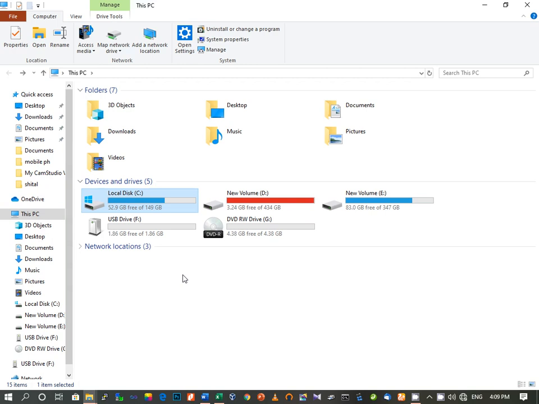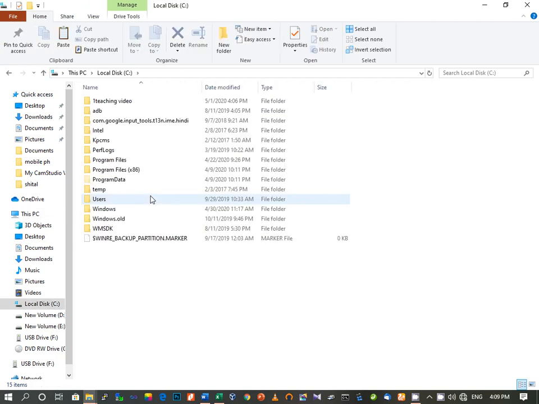Now the first topic which we have to study is how to move or copy a file or folder from one drive to another. So we will learn how to copy a file from, suppose, C drive to D drive. To copy the file from C drive to D drive, first I will double click on the C drive. Then many folders are there, so you will select which file you want to copy. Suppose my file is in this folder, so I will double click this.